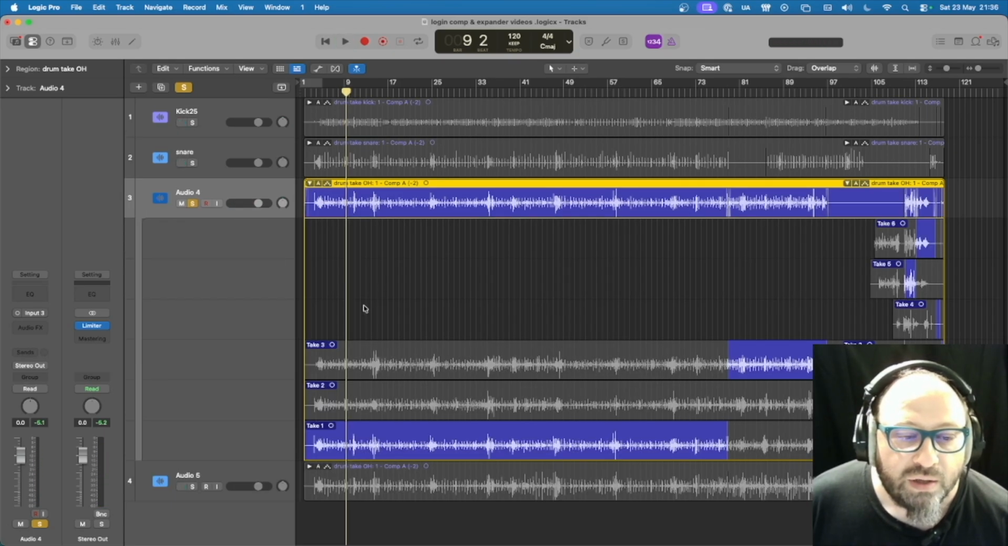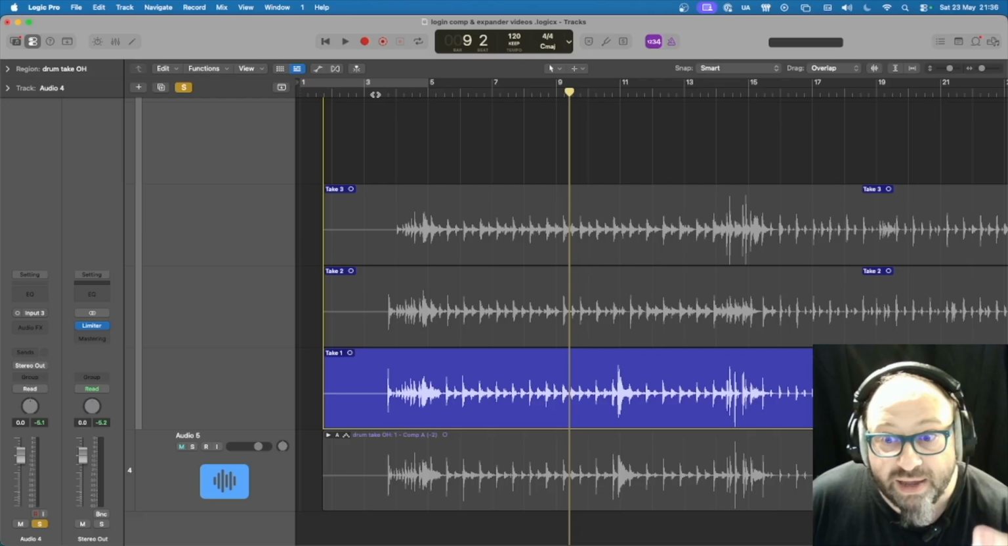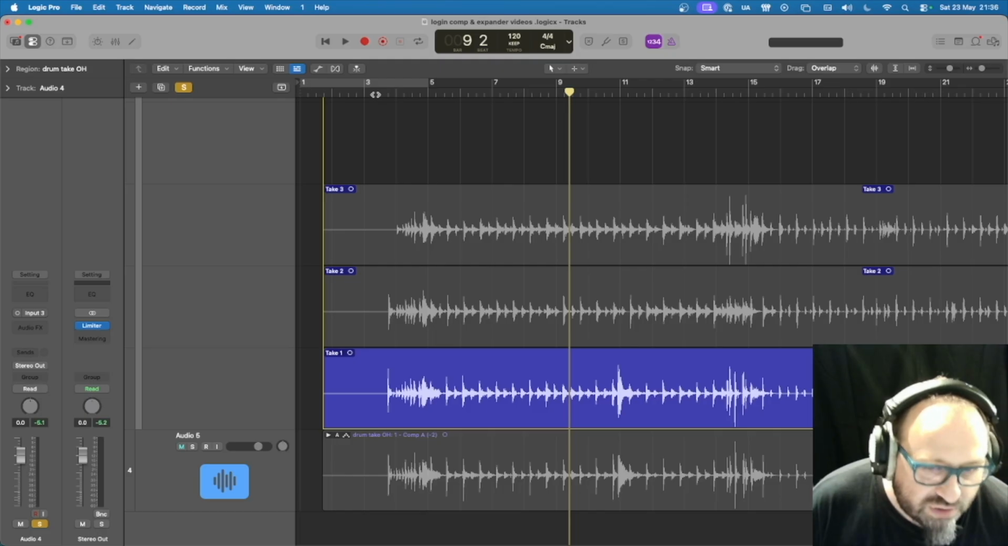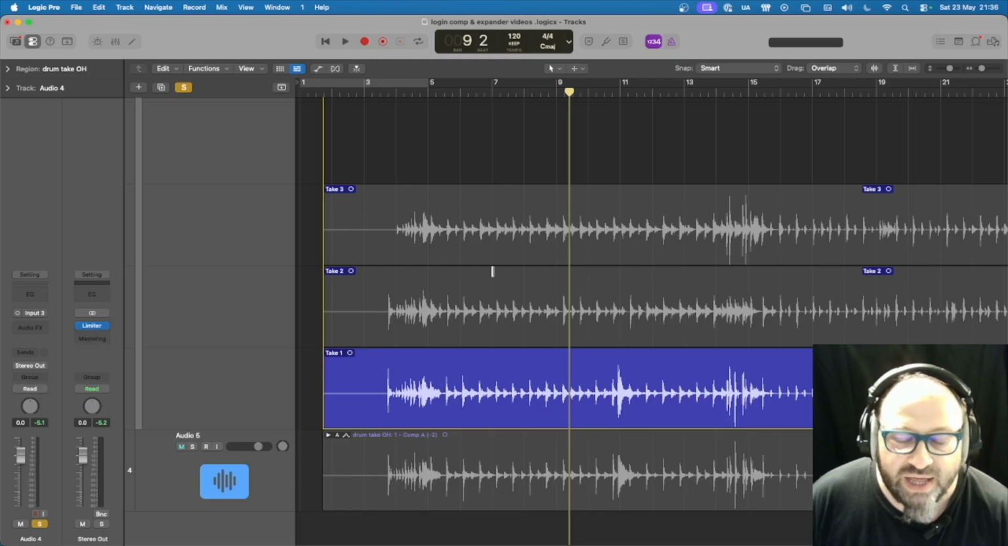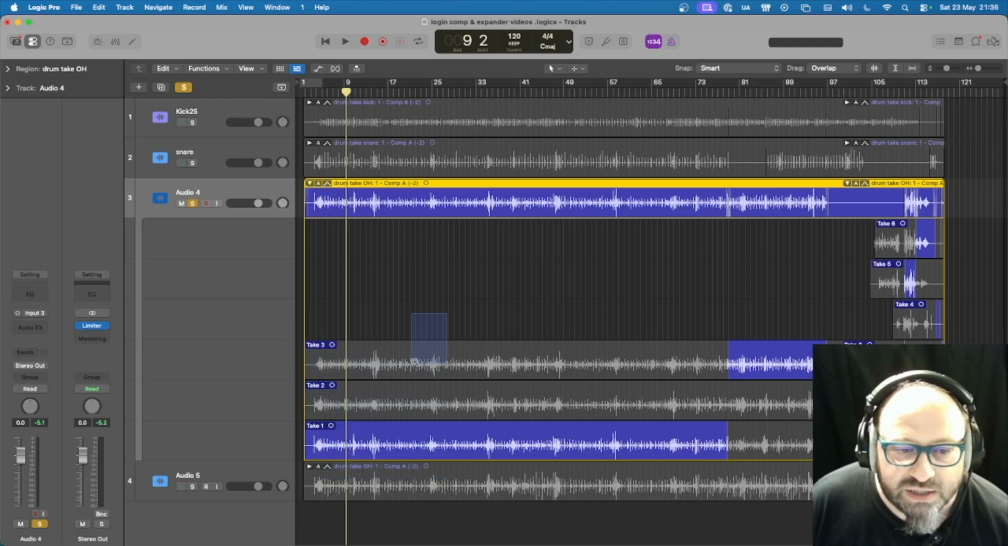Cool. Why am I doing this? Because we can hear all parts of the drums. We can make a decision on timing and quality of the session in general, right? So then we can go and copy that on the other take folders. Now I'm going to zoom in on this